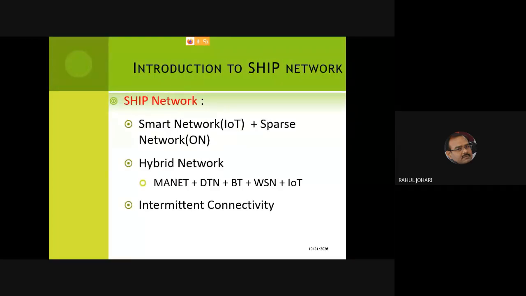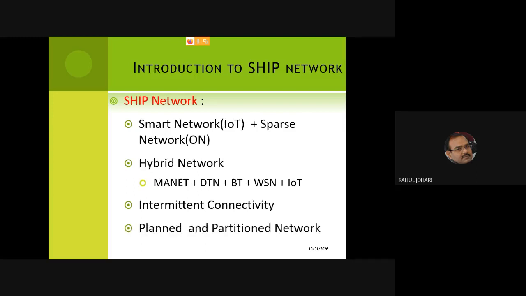But there could be a situation like a disaster has occurred, maybe an earthquake has come, or flash floods have come into a mountainous region where the real-time network, the wired network, and maybe even good old wireless network collapse. And I need to build a small network on the fly, on demand. In this kind of network, the objective is just to transmit the message so that I can reach out to needy persons. So there we are not worried about live connectivity. Intermittent connectivity is good enough for the transfer of messages.